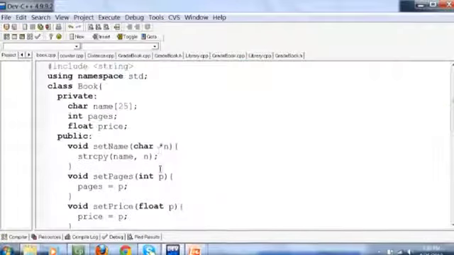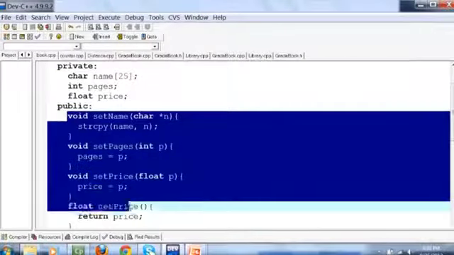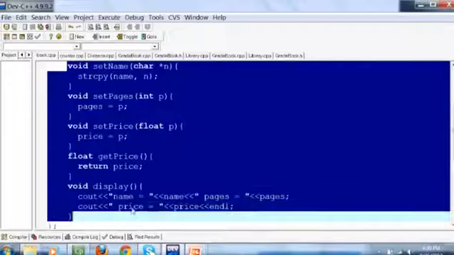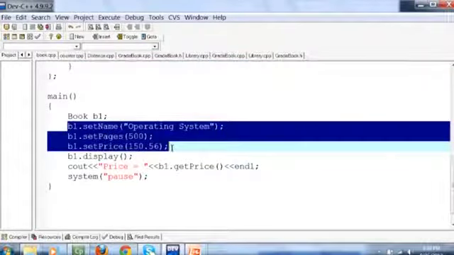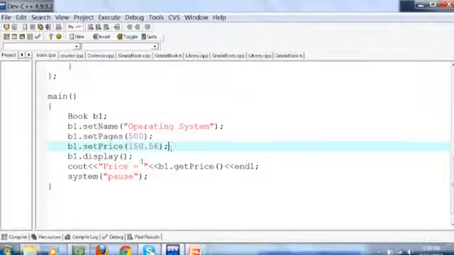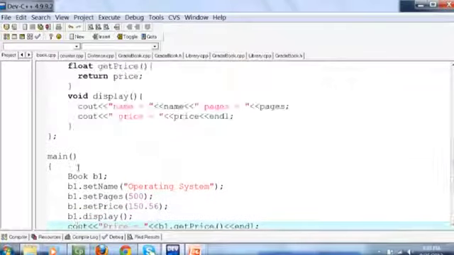Okay, now in the book class we have 3 private data members, and we have 1, 2, 3, 4 and 5 functions. So we are calling first the setter function to set the value of b1 object's private data members, and then we call the display function to display these values, and then we call